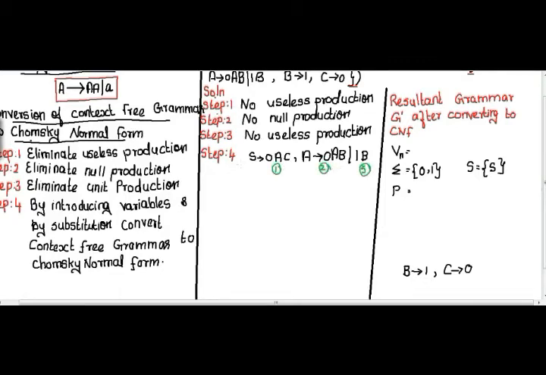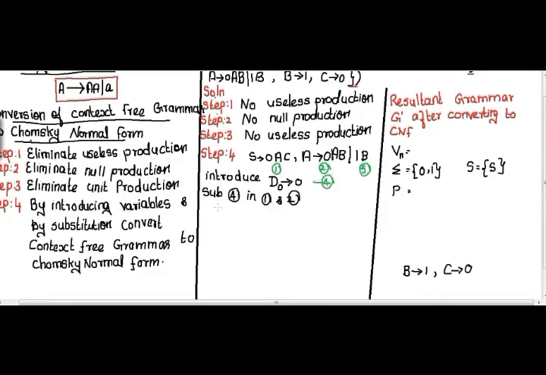First, I'm going to take production 1. If I see production 1 and production 2, I can see 0 here and two non-terminals, and production 2 also has 0 and two non-terminals. So instead of the 0, I'm going to introduce one new non-terminal which is not given in this grammar. New non-terminal D0 tends to 0. Now I'm going to substitute this fourth production in production 1 and production 2, so that I can convert this context free grammar to Chomsky normal form.